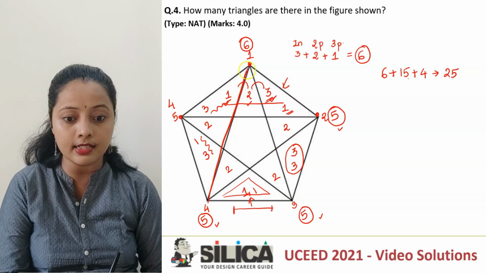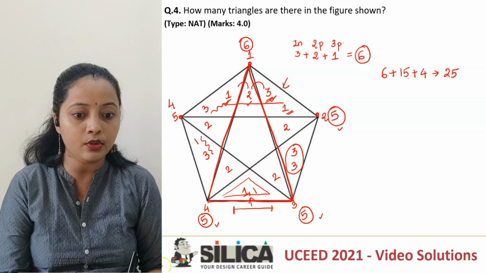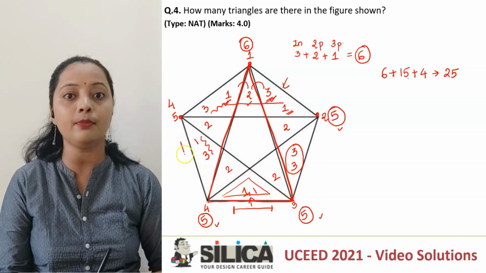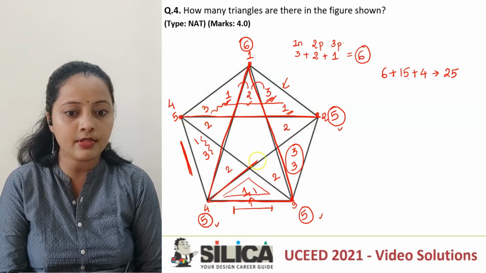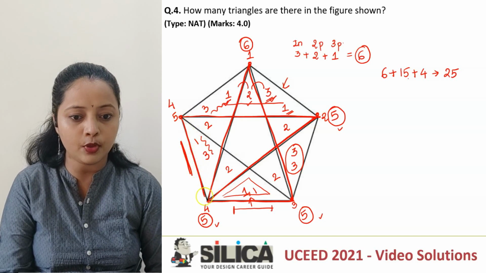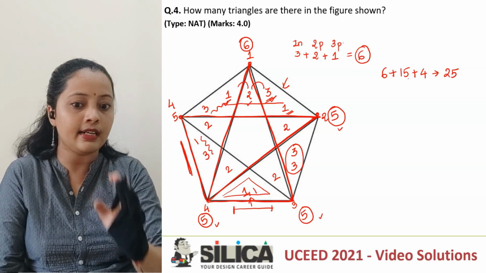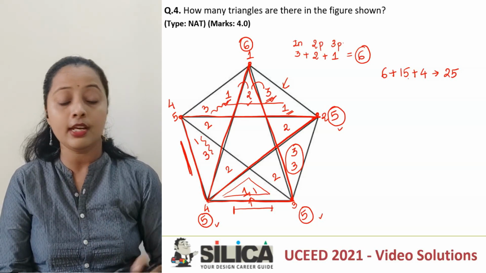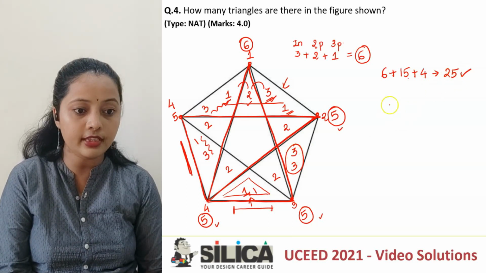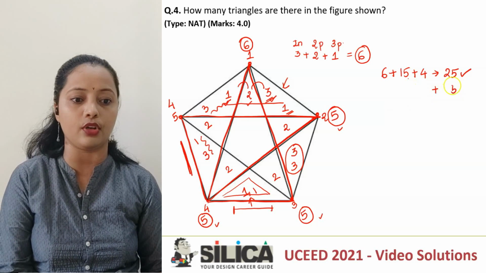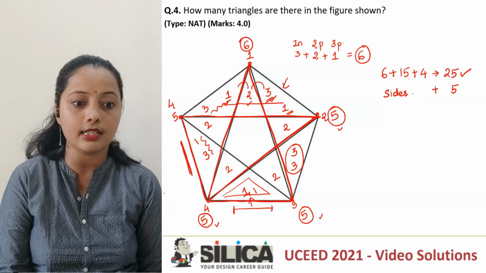Then is there any other triangle you can see in the view of the side? Yes. We can see this 4, then joining the vertex number 1 and coming back to vertex number 3. So this is one triangle forming, isn't it? Likewise, if I go with the second side, can't you imagine the same structure? Yes, see. If I join these points, it's showing me the second triangle. So along the sides, can't I say I'm going to get one triangle each? And how many sides does this pentagon have? It has 5 sides. So with these 25 triangles which I've originally found, I'll have to add another 5 triangles because of the sides.